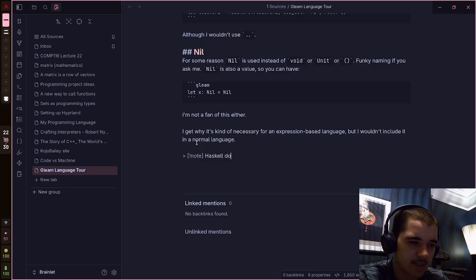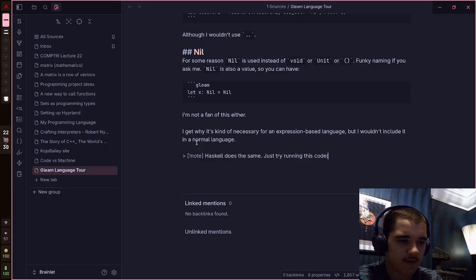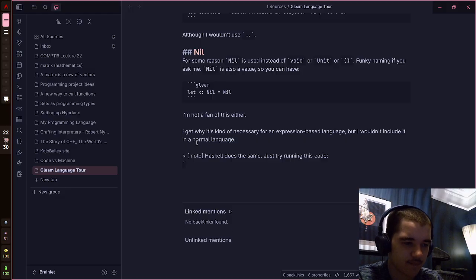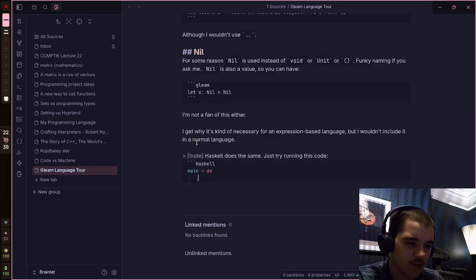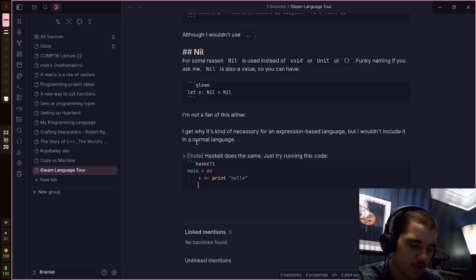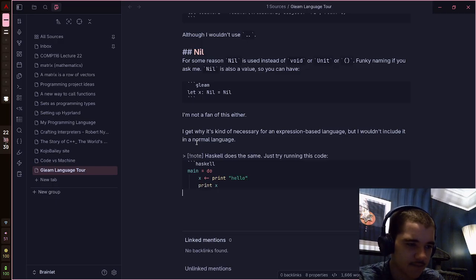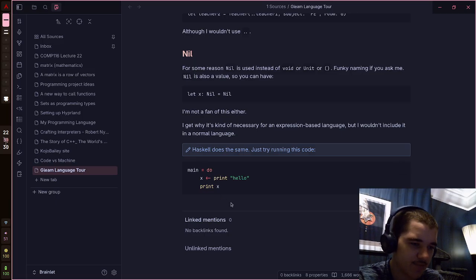Note, Haskell does the same. Just try running this code. Main equals do x unwrap print hello. Doesn't matter what you print, to be fair. Print x. You don't need to print anyway, but